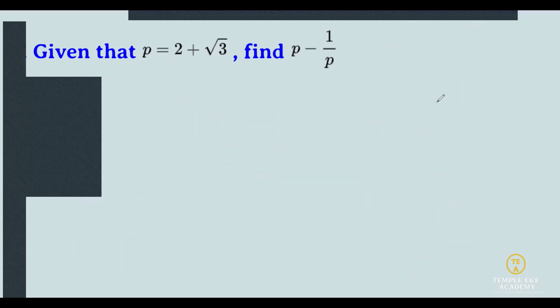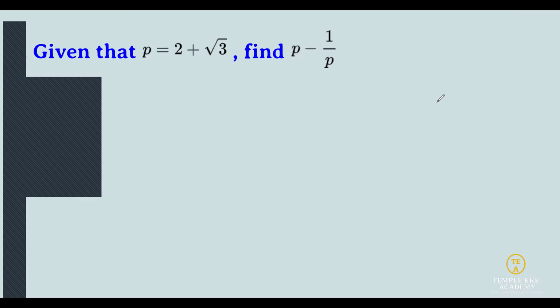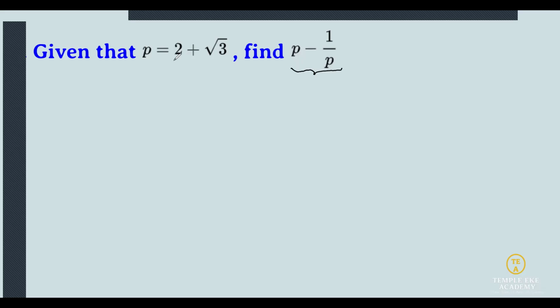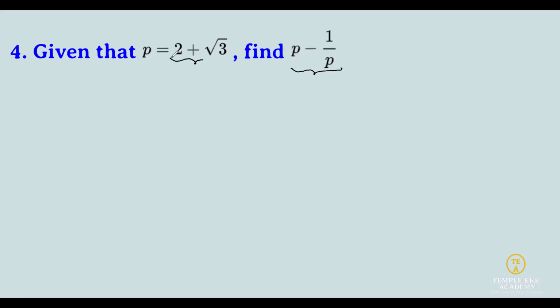All right. Now we have P given to us as 2 plus root 3, and we have to find P minus 1 over P. All right, so let's get into it. Substitution is the rule. Anywhere we have P in the problem to be solved, we simply substitute 2 plus root 3. So P minus 1 over P by substitution, replacing P with the given expression, is going to be 2 plus root 3